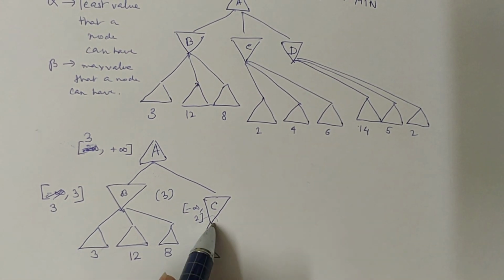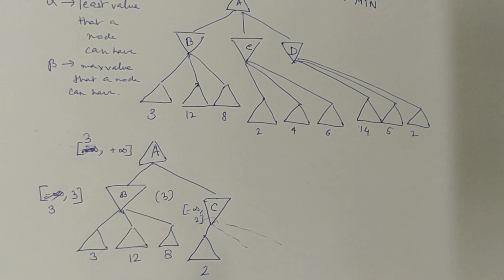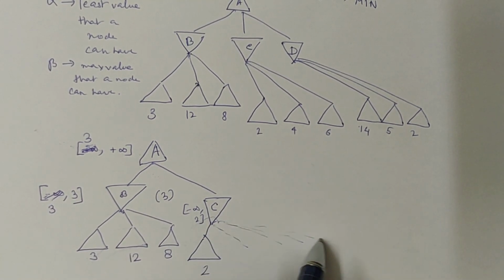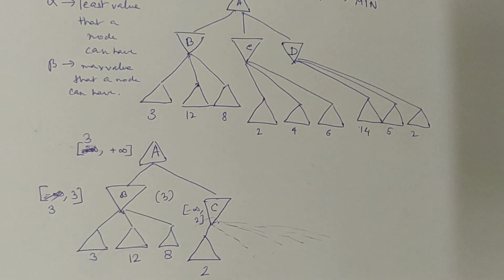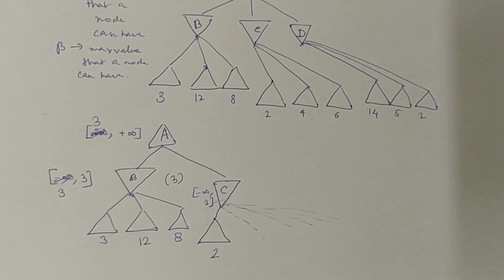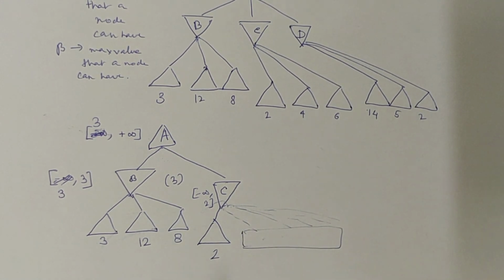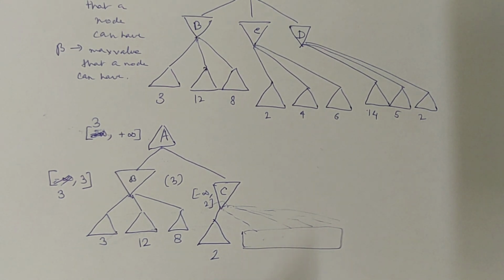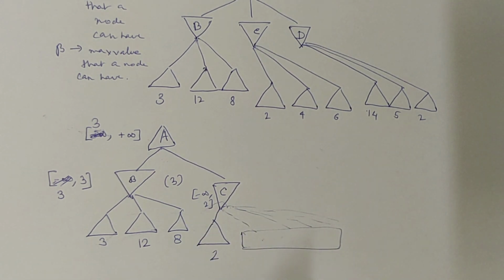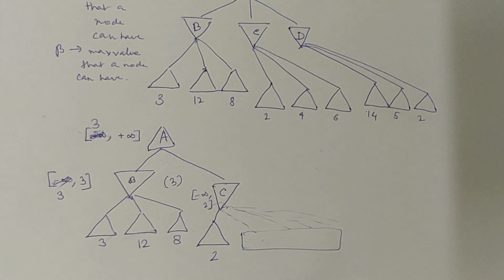So although there are 2 more nodes, there could have been many more children here. The minimax algorithm, along with the alpha beta pruning optimization, will cut away all other children of C. It will prune away the entire subtree because it considers that those are unimportant. You got the logic?